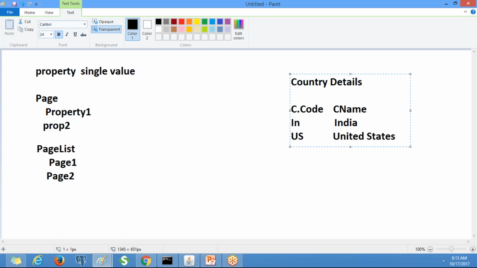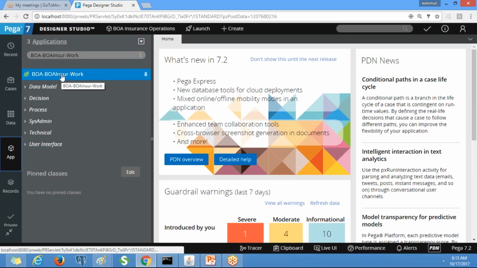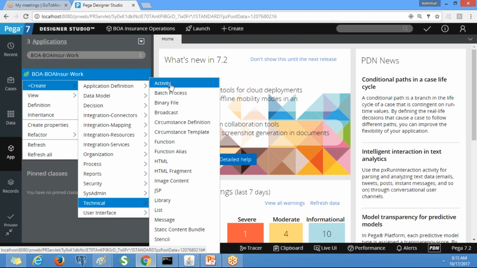Clear? Now I'm going to create an activity for fetching multiple records. Right click on the class, technical activity.